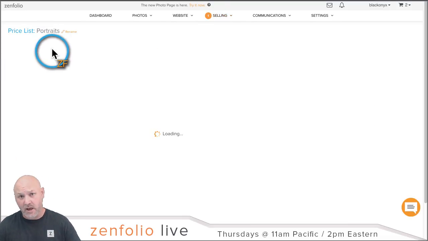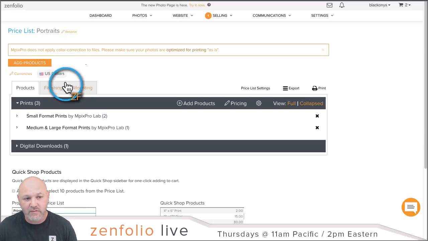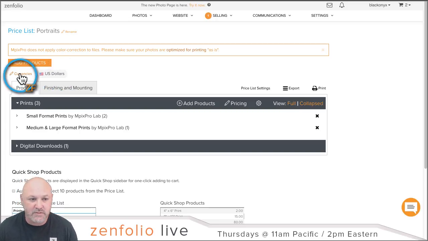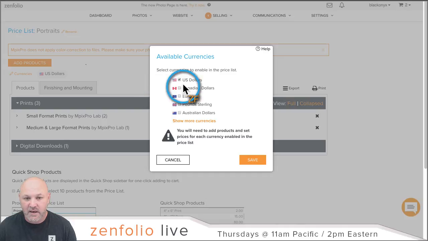And this one is going to obviously be made in US dollars. But if I wanted to add Canada to it, or Canadian currency options to it, you definitely can do that. You just go to this little currency option right here. After you have your US dollars price list built, click on currency, and then we'll add Canadian dollars in here,